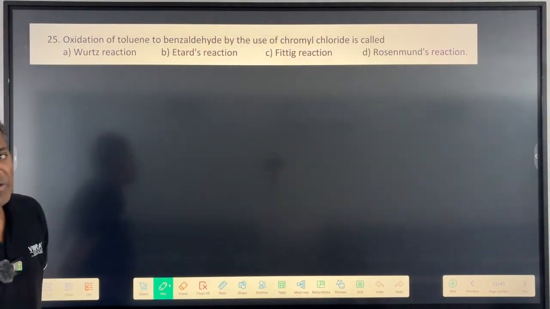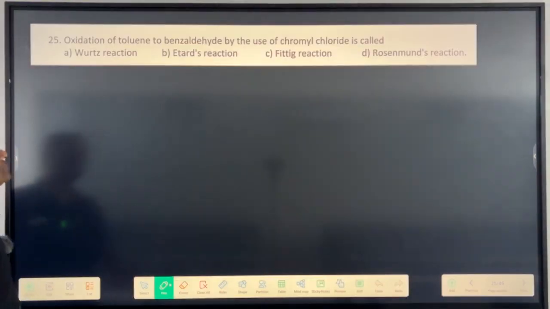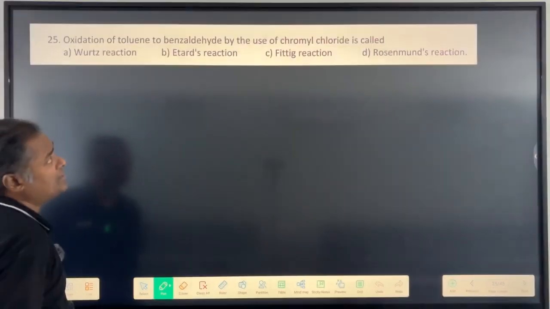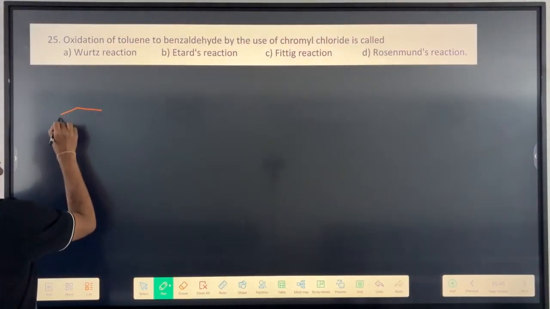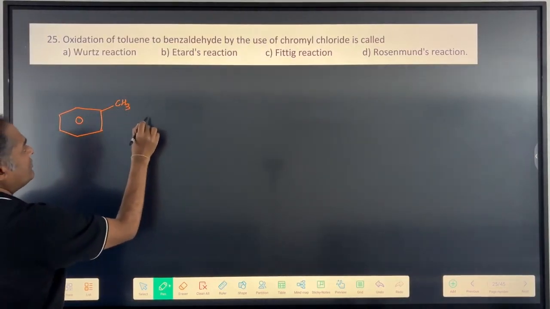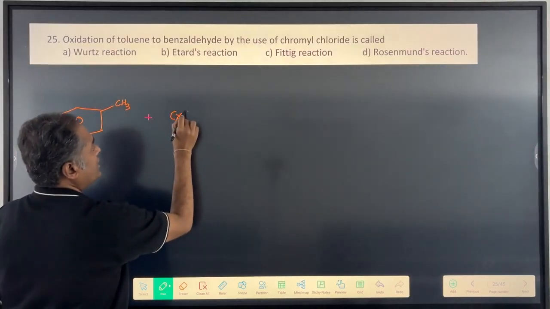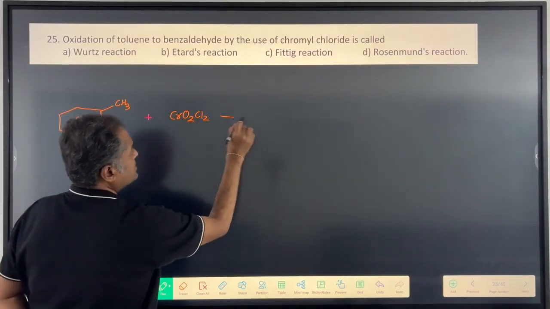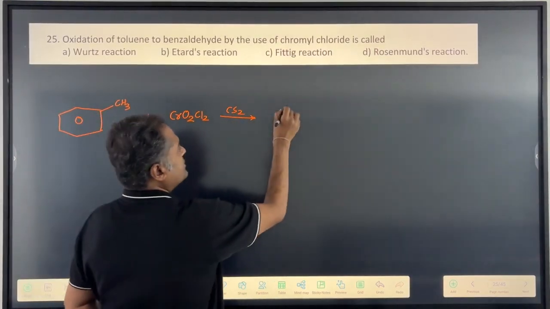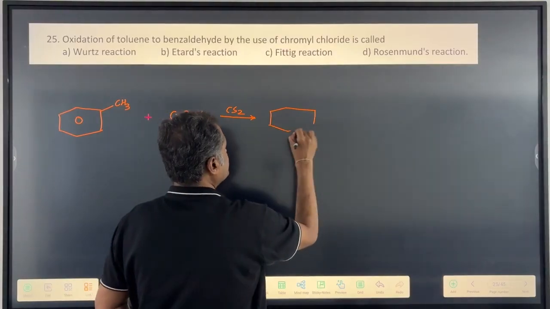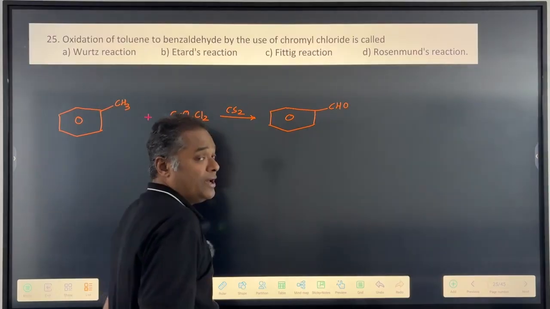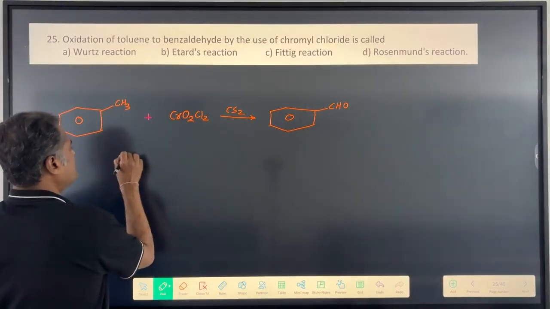Now this is one of the very well-known name reactions, straightforward. And what is that reaction, child? Oxidation of a toluene to a benzaldehyde by using chromyl chloride. Now, this is one of the very common reactions, child. We have got a toluene, and when you treat this with chromyl chloride in presence of a non-polar solvent, that is carbon disulfide, the product obtained is known as benzaldehyde. That means this reaction is used to prepare aromatic aldehyde, and the name of this reaction is